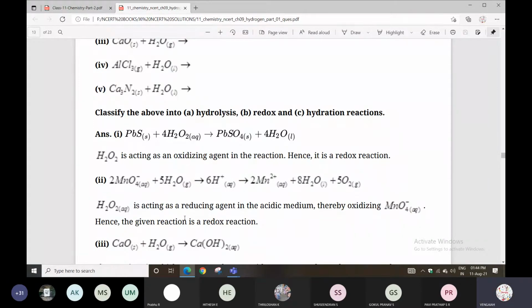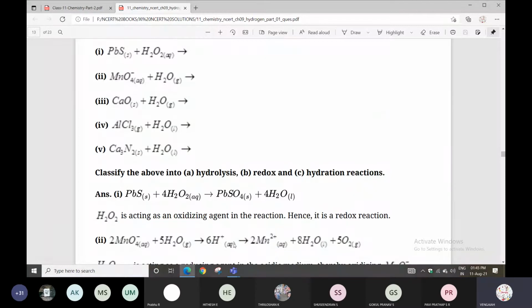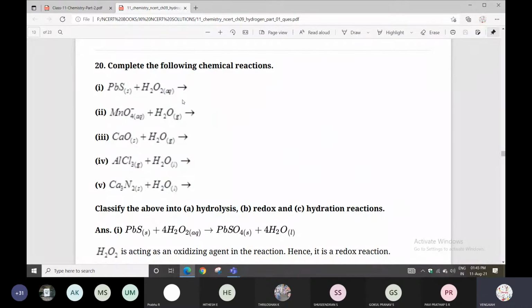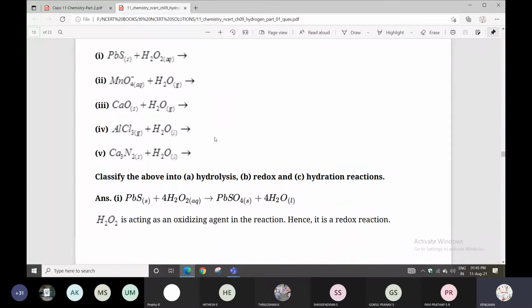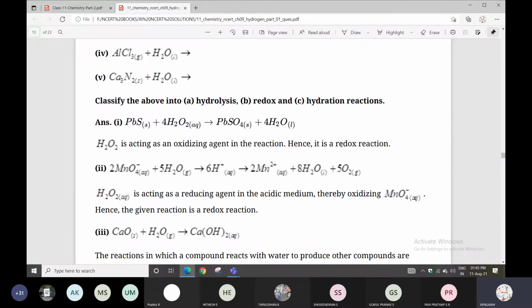So PbS, lead sulfide, plus H2O2. Here H2O2 is acting as an oxidizing agent in the reaction. Hence it is a redox reaction. So the first one is redox reaction type. You can write PbS plus H2O2 to form PbSO4 plus H2O. They mentioned redox, it is a redox reaction. Second one,